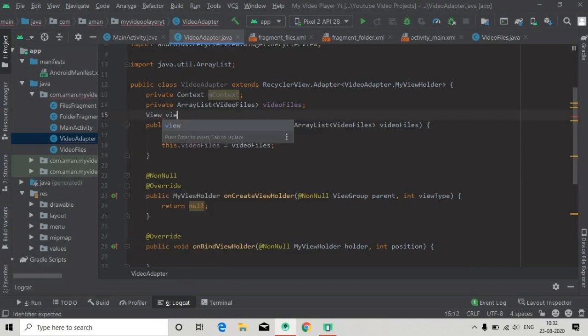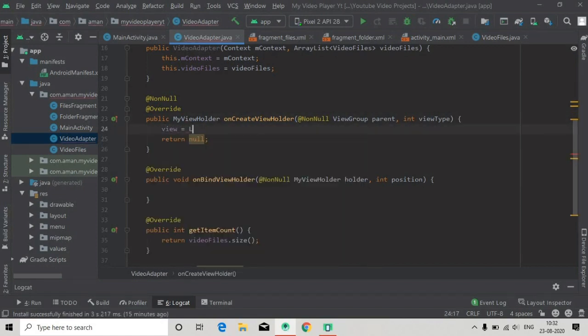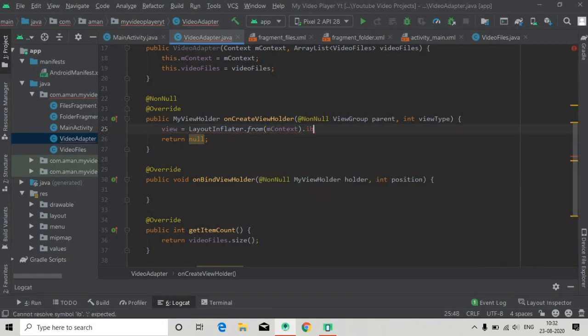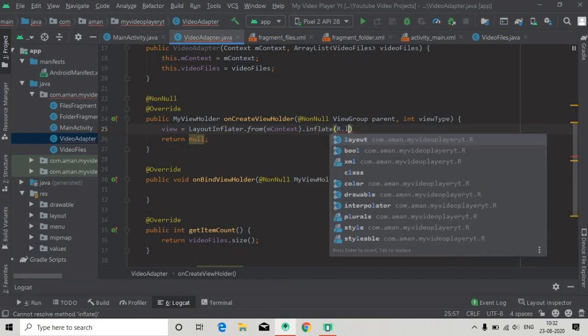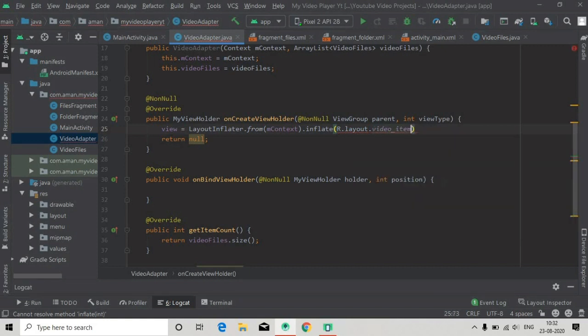And now we will have to create an instance of view, and then we will initialize here view equals layout inflater dot from m context dot inflate, and then r dot layout dot video item that we have created in the previous video, and then here we have to pass parent actually, and then here false. And now we have to return new my view holder and pass this view,